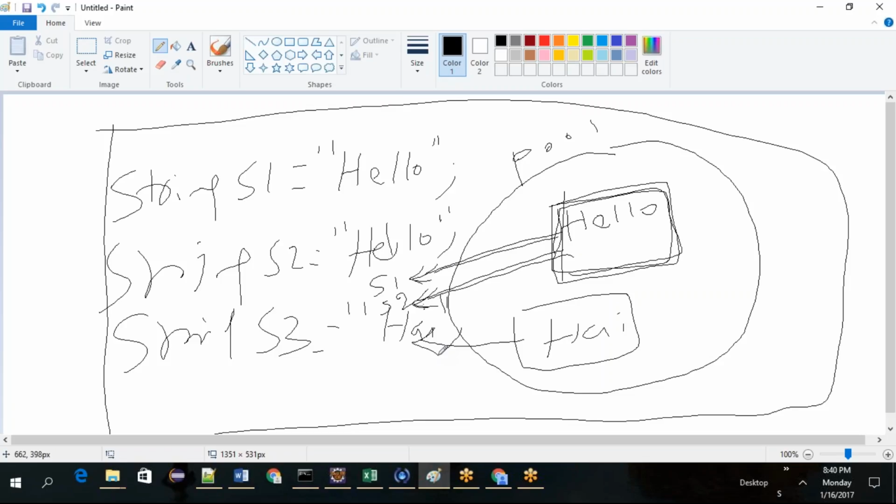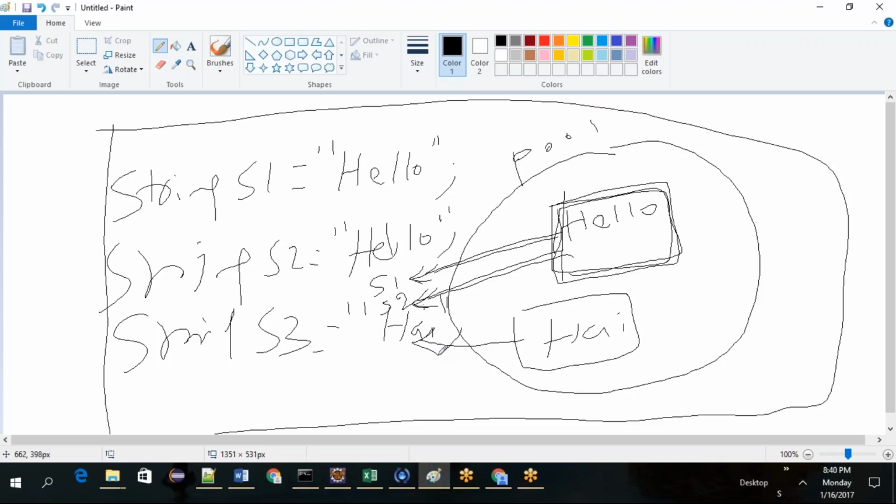So basically, what happened when you try to create a string s1 equal to "hello": as you are creating it with double quotes, it will go into the pool of constants, and then the address will be assigned to s1. Then when you try to create s2 equal to "hello", before creating a new hello, it will check whether that hello is already there inside the pool of constants, whether that string is already created by someone or not. If it is already created, the same address will be given to s2. Okay, you getting my point?